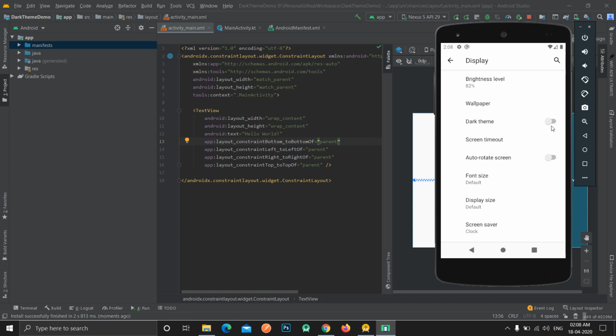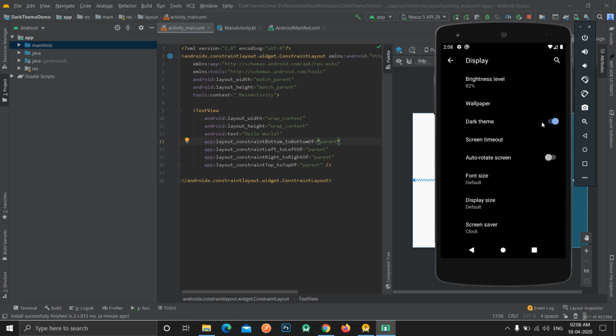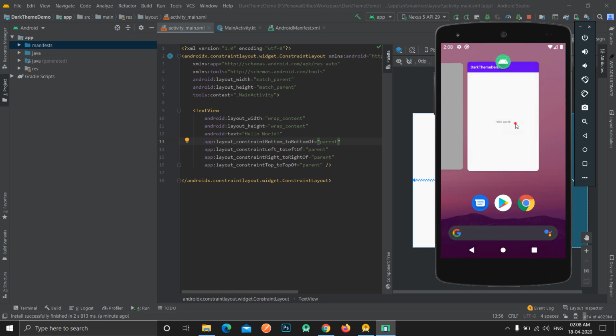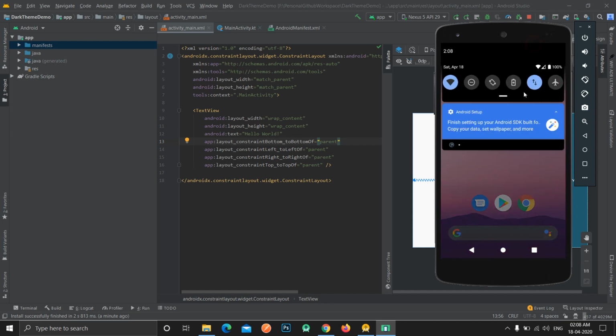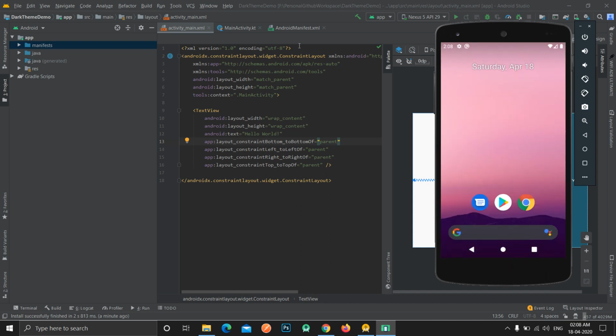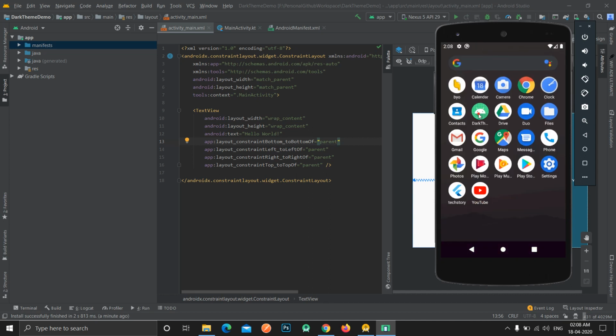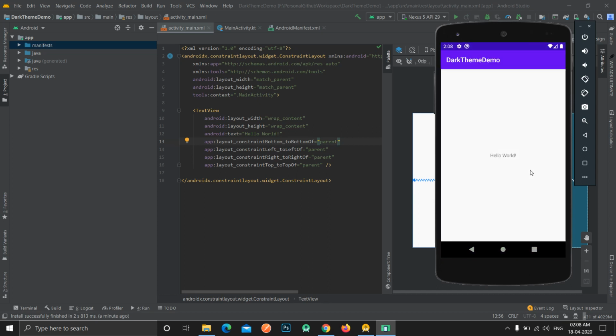Okay, yeah. Now our dark theme is enabled, and our whole system will get the dark UI if you see this. Okay, but if we view our application, it will still be a light application, compatible with light theme.